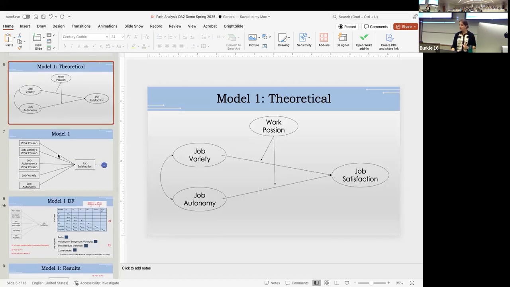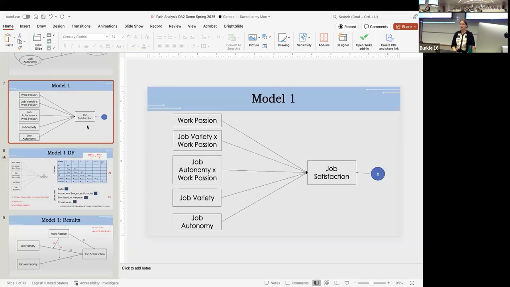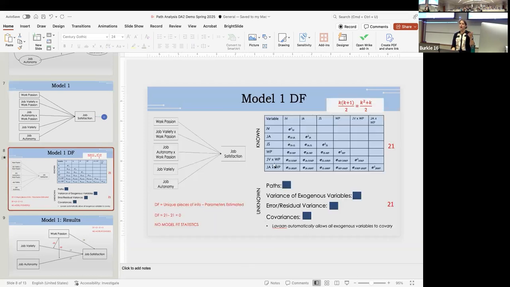Now, there is an option in lavaan, you can fix anything that you want, right? Meaning if you wanted to say work passion and job variety are not related, don't let them covary, cool, just put a 0 in front of it. Why would I do that though? It doesn't make any theoretical sense. Clearly they all covary. I made moderator terms out of them, right? They're all related in some way. So we have no model fit.